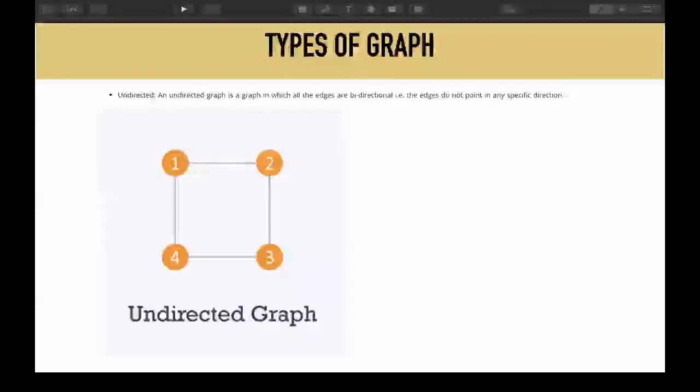Okay, so now let us see what are the different types of graphs. As I said, I talked about directed and undirected graphs. So let us see what is an undirected graph. An undirected graph is a graph in which all the edges are bidirectional. That is, if you are standing at point one, then from one you can go to two as well. And also if you are standing at two, then from two you can also go to one. So this is something which signifies bidirectional edges. This is called an undirected graph. So in an undirected graph, the edges are usually bidirectional.